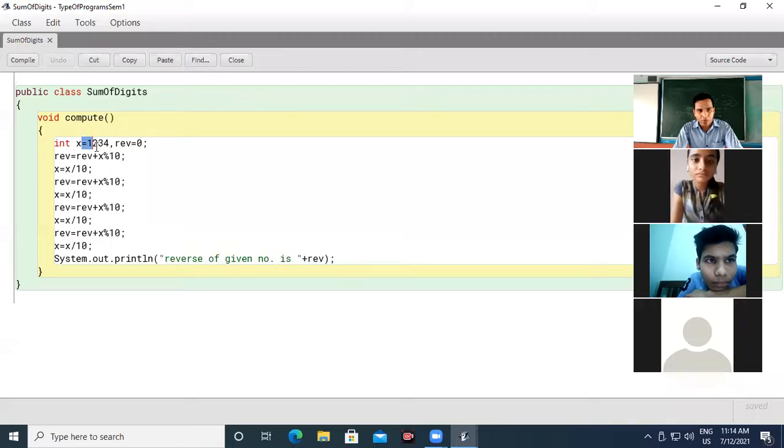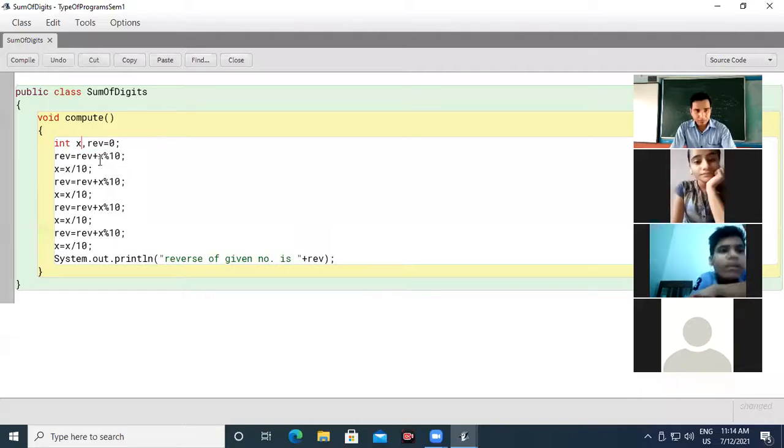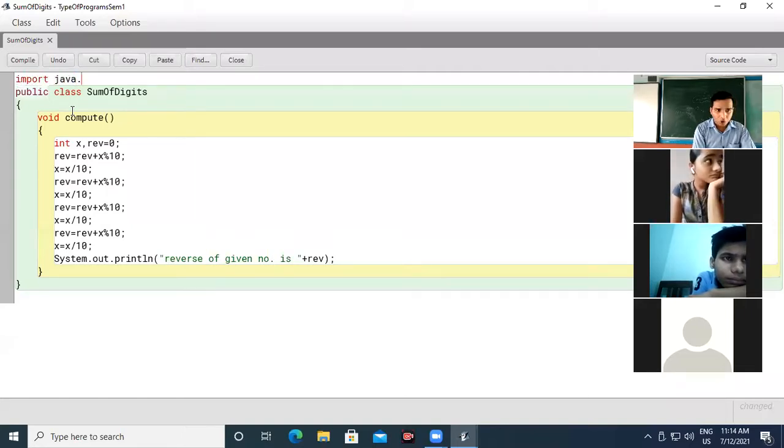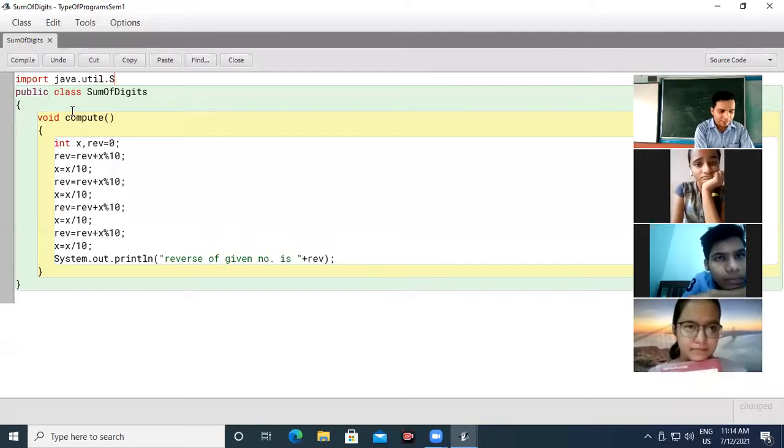I am going to delete the initial value of x, that is 1, 2, 3, 4. I am going to make this dynamic, that is import java.util.Scanner. Done.